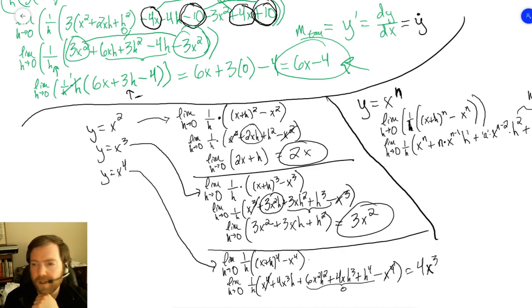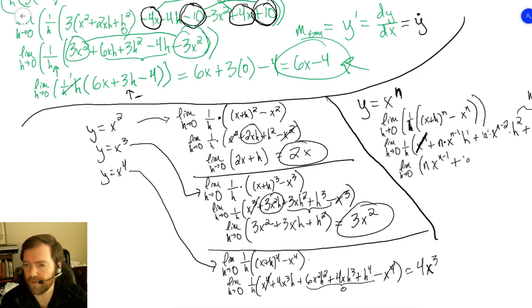And eventually, we end up with a minus x to the n, just that one. Then x to the n here, minus x to the n there, subtract out, so that's 0. Then we're left with all this stuff. The 1 over h divides out the h from the first term, and the rest of them all have more h's. So again, this is the limit as h goes to 0 of n x to the n minus 1